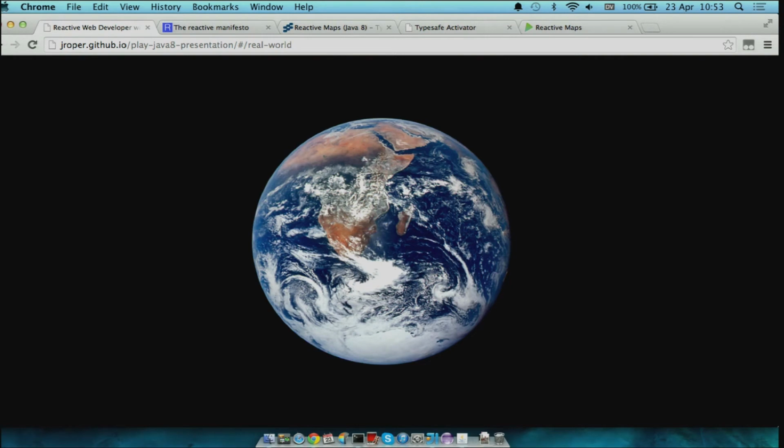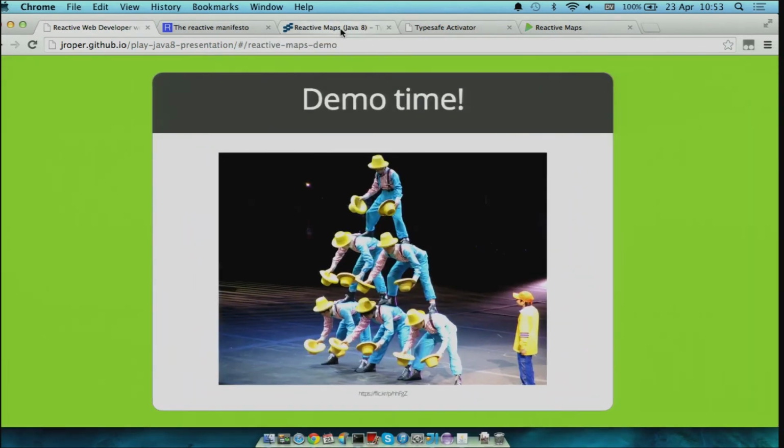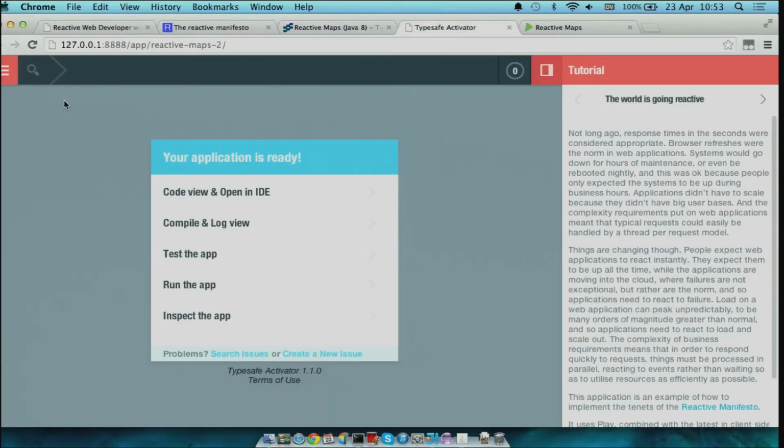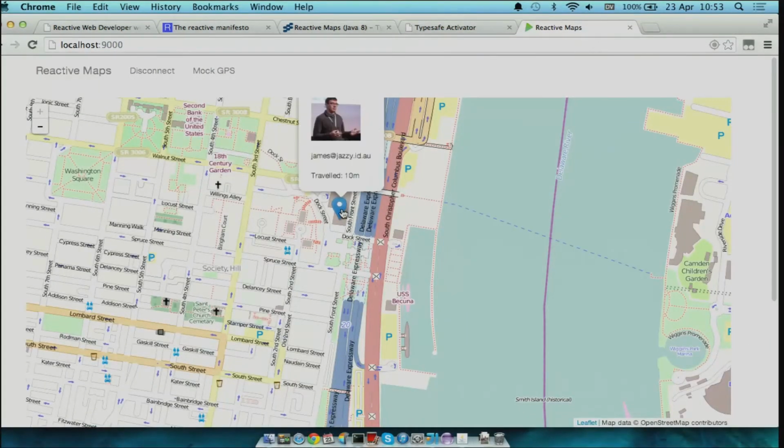Okay, so we have the real world here. What does this look like in an actual application? So I've got one last demo for you, and okay, it's not quite a real-world application, but it is much bigger and probably a lot easier to relate to than all my baker examples. And what better to demo a real-world scenario than to actually show the world itself? So I've got this application called Reactive Maps. Now before I show you it. So you can see here, here's me.